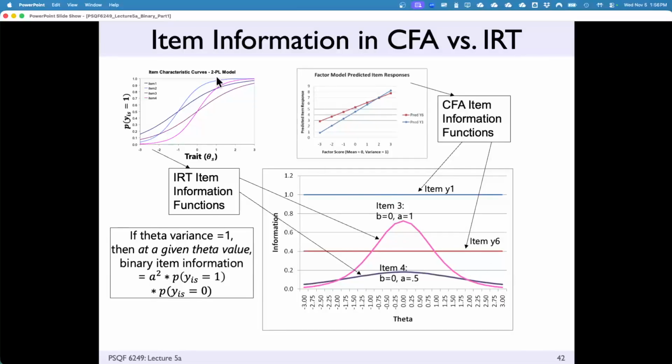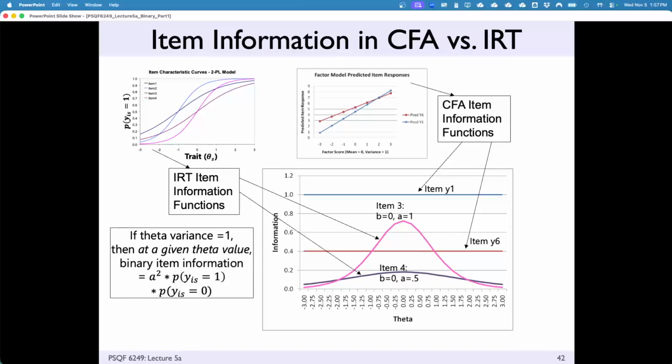And what you'll see here is for the bright pink line, item 4, I guess this is item 3, although it says item 4 up here. Let's do the pink line here. The pink line has a little bit more information than the dark purple line. The information is peaked roughly about the same place. When it comes to the dark purple line, actually, these are all 2-parameter items. The information is exactly the same place. The peak of information for an item is at its item difficulty.